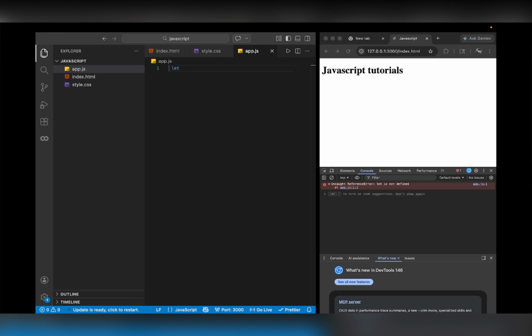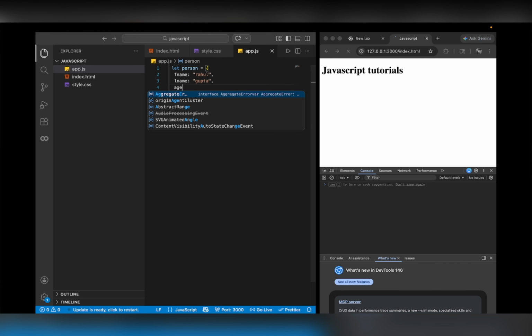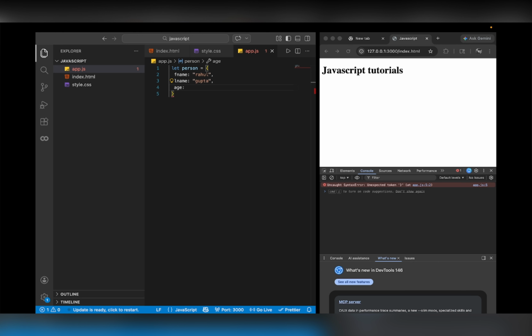So let person enter first name Rahul, last name Gupta, and let's say age is 19. So अगर हम लोग चाहते हैं कि इस पर्सन का कोई एक प्रॉपर्टी लाइक फर्स्ट नेम या लास्ट नेम